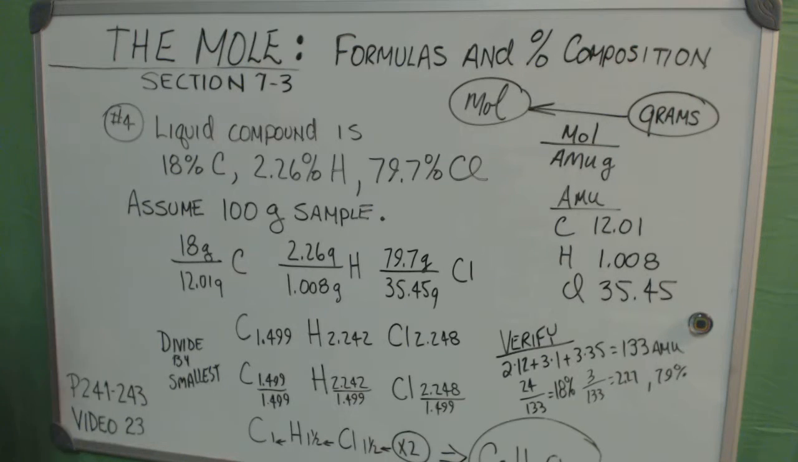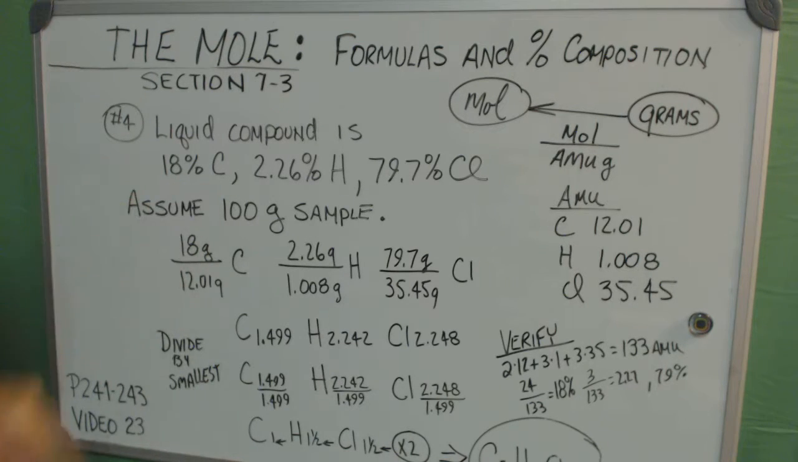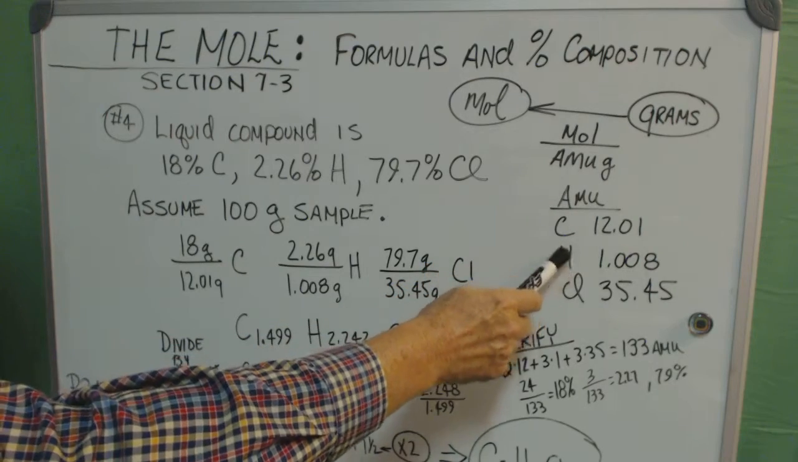243, the last one, and I thought rather interesting. And they start off with a liquid compound. Somebody discovered that it's 18% carbon, 2.26% hydrogen, 79.7% chlorine. And I know right away that I'm going to have to use the AMUs for carbon, hydrogen, and